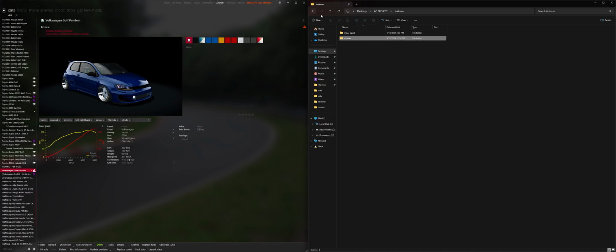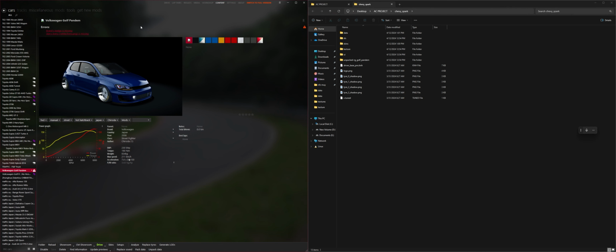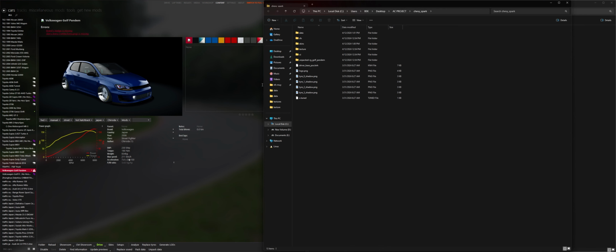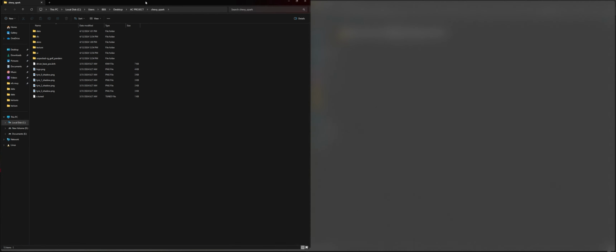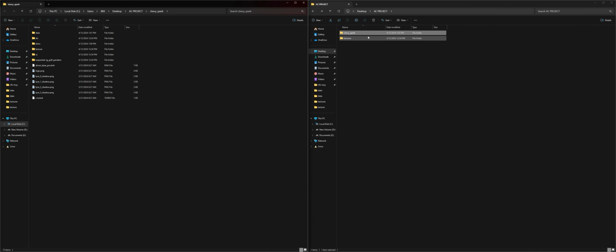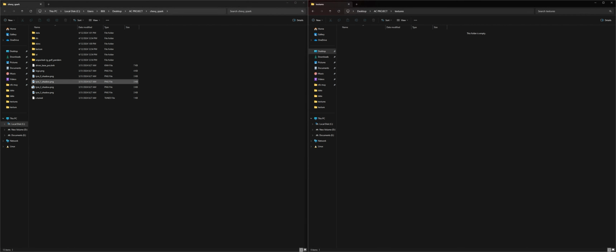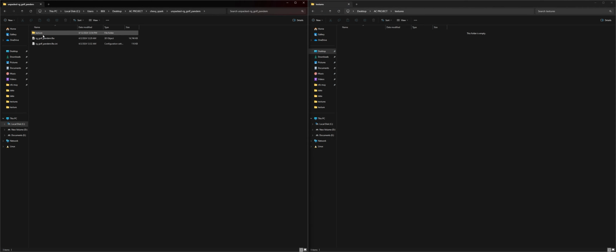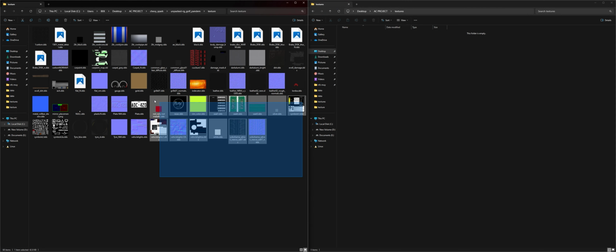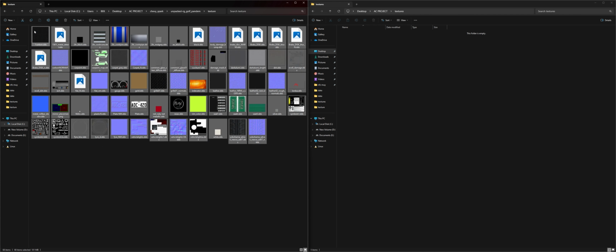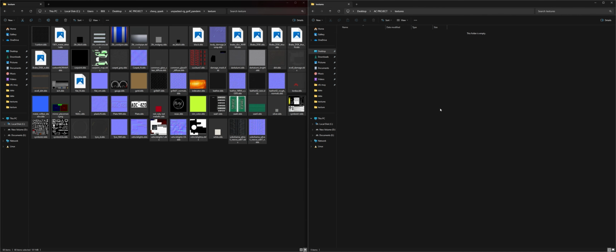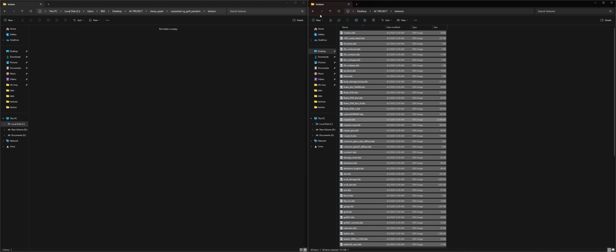So you might be wondering what we're gonna put in this texture folder. What we're gonna do is, let me open this folder in a new tab. What we're gonna do is go inside this unpacked texture and open this texture folder on the other side and copy all of the textures inside here to the other side because we'll be using some of them for a